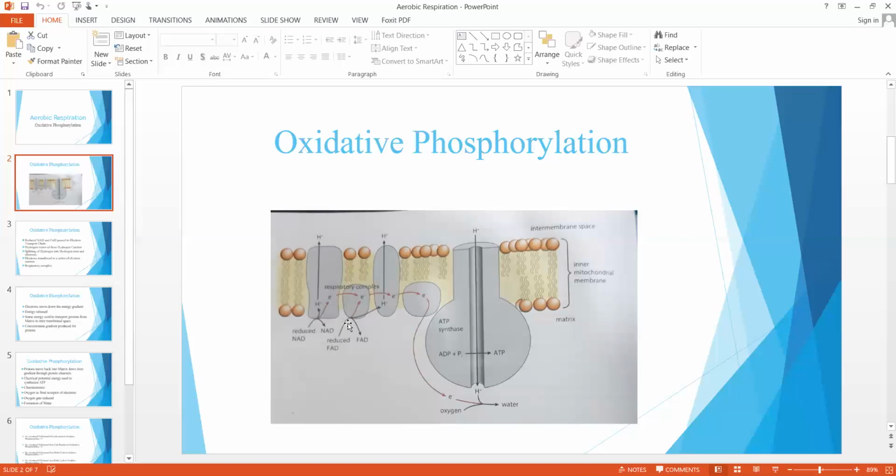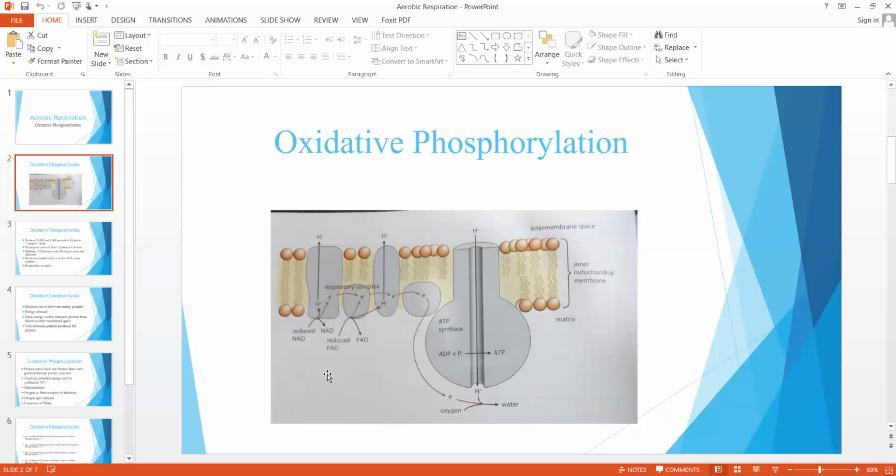Obviously, they accepted hydrogen, that's why they have got reduced. Now, this hydrogen has to be removed once again from both these carriers. Once hydrogen is removed from both reduced NAD and FAD, obviously they get oxidized once again. Now, we are not concerned with what happens to the oxidized NAD and FAD. We will talk about the hydrogen now, which is removed from the two hydrogen carrier molecules.